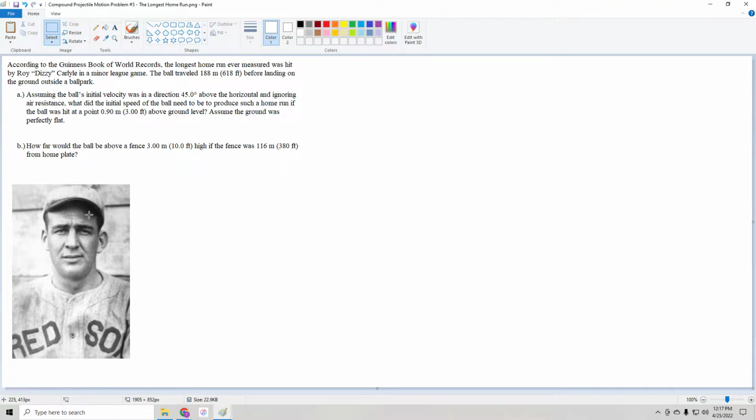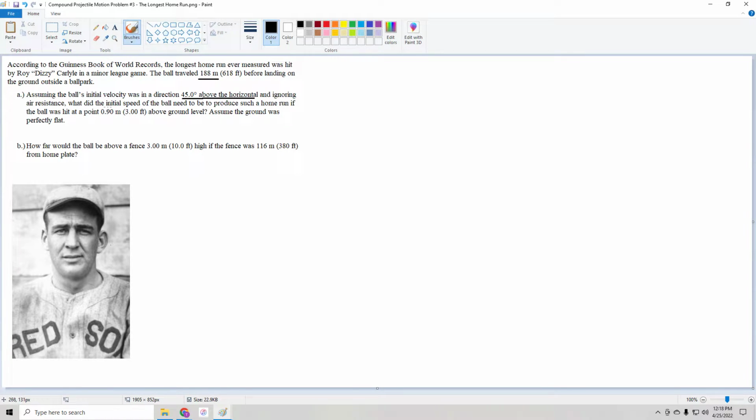And as you can tell, since the picture is in black and white, this happened quite some time ago, in the early 1900s. So we're told that the ball traveled 188 meters before landing on the ground outside of a ballpark. And part A says if we assume the initial velocity is in a direction 45 degrees above the horizontal, and if we don't care about air resistance or anything like that,